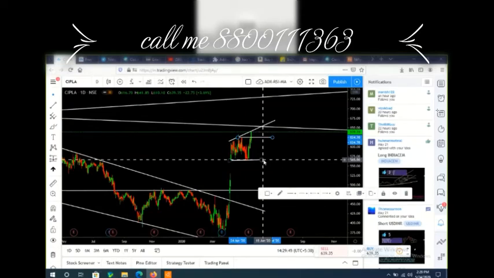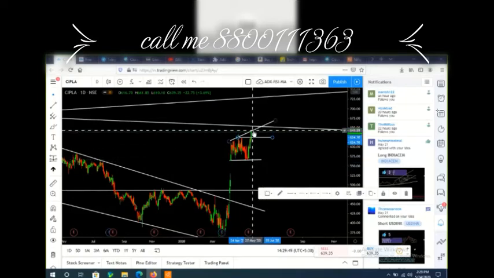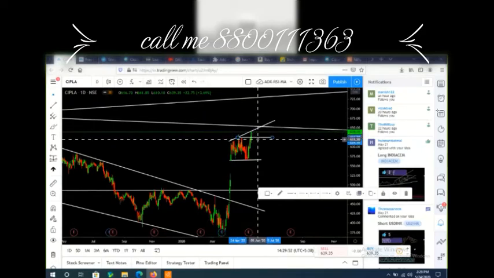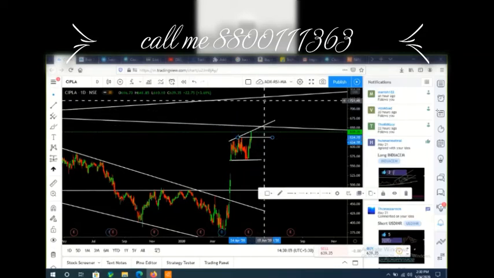Otherwise, what will we do? Buy one call and wait. Another way: buy in cash and wait. I am 100% sure that within one month it will give you another 30, 40, 50 rupees kind of move.